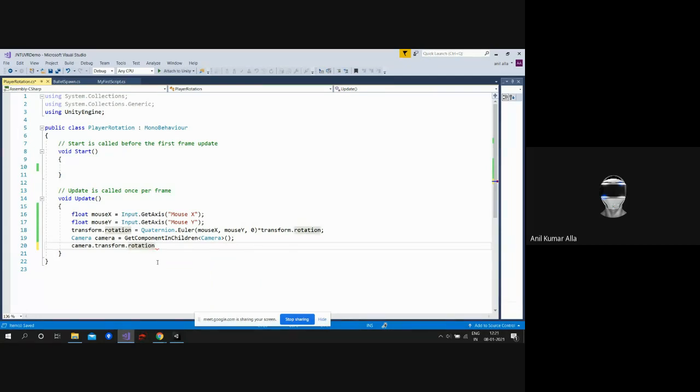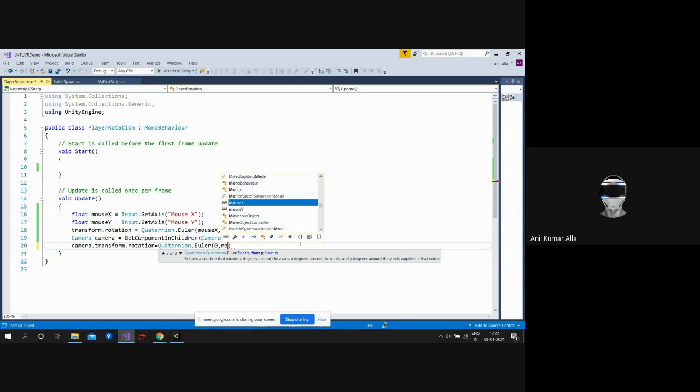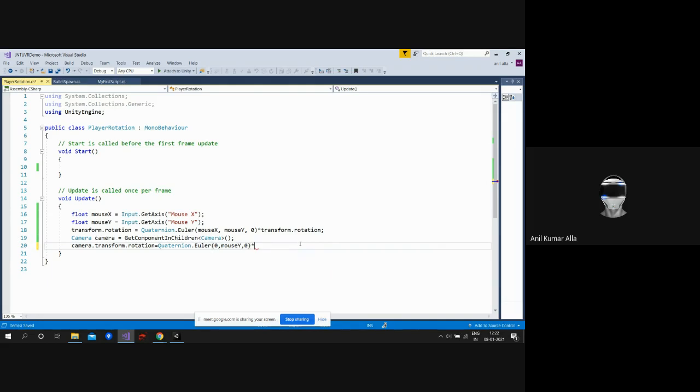Yeah. So camera transform rotation equal to, so what is that? Quaternion dot Euler. How much we need to rotate here? So it's a top to bottom. So in the x value, it will be 0, right? And in the y value, it will be mouse y, and the z value will be 0, the same thing, camera dot transform dot rotation,